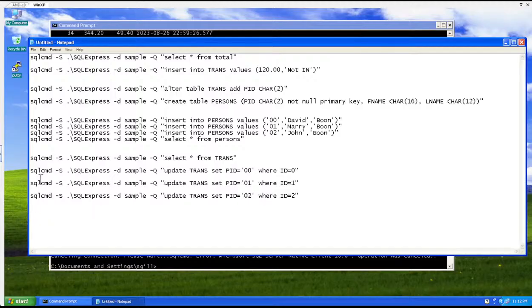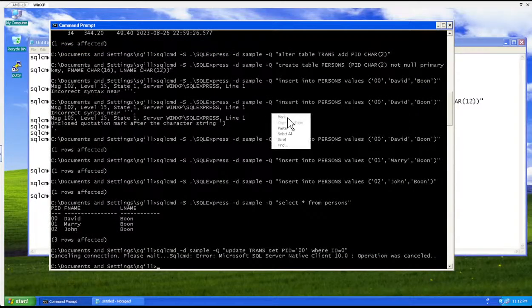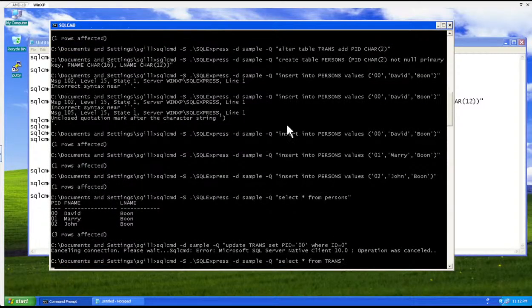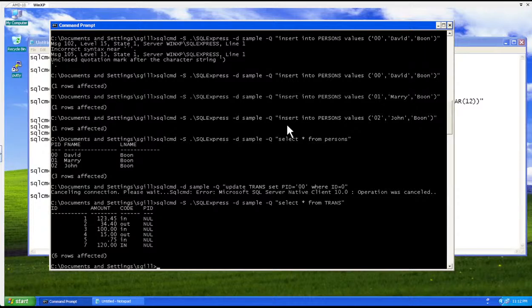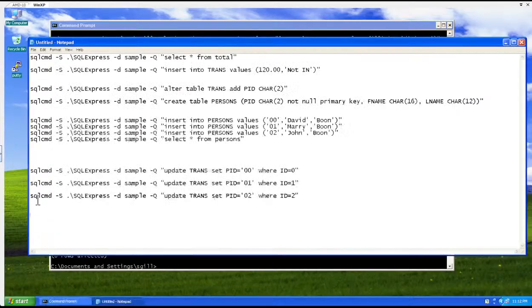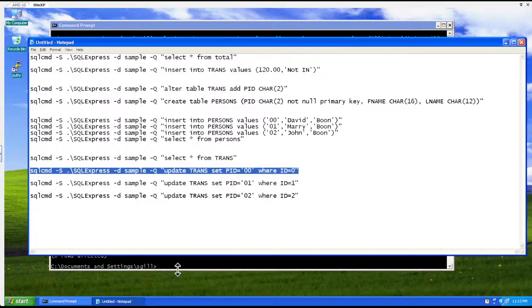Right? So I would say, first of all, we can look into the trans table, how the data looks like, and then we will try to modify. We will try to use the views, right? So see how it is, PID is null. So person ID in the transaction is null, right? So then what we will do, we are setting up the data. But here, see, and then this one, let us copy, paste it,